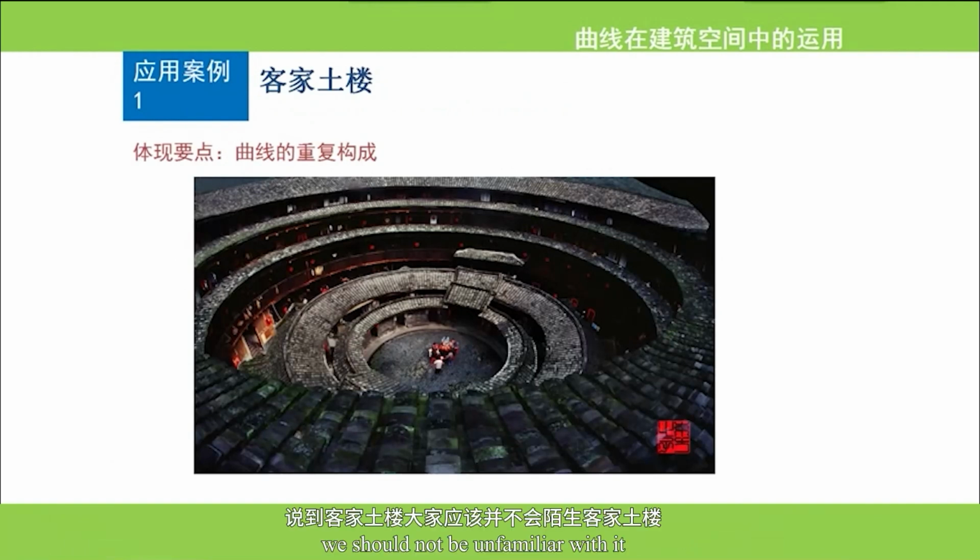When it comes to Hakka Tulou, we should not be unfamiliar with it. Hakka Tulou is often seen on TV, movies, or magazines, mainly found in southern China. It is particularly famous in Fujian province and Guangdong province. So let's take a look at the Hakka Tulou, which mainly uses the composition of curves to show the charm of buildings. In this picture, we have a bird's view of Hakka Tulou,